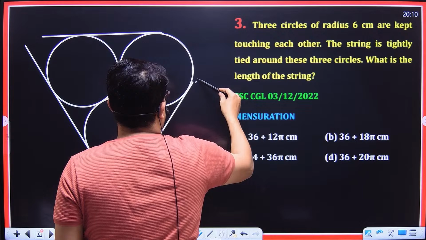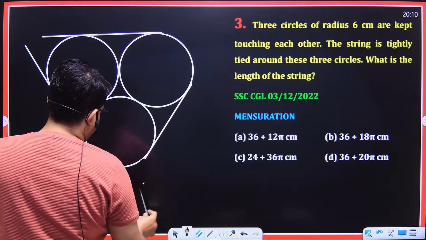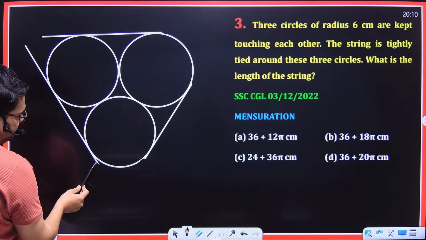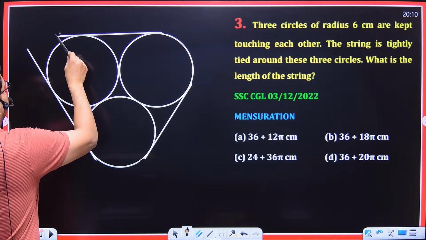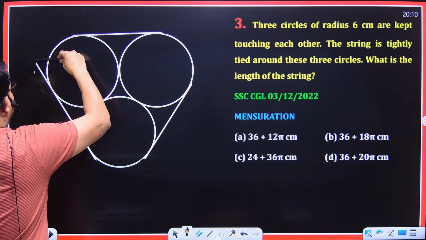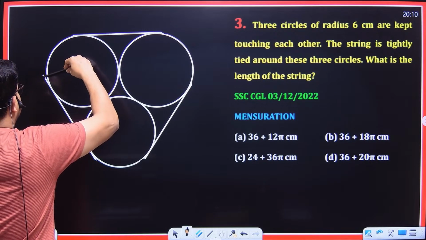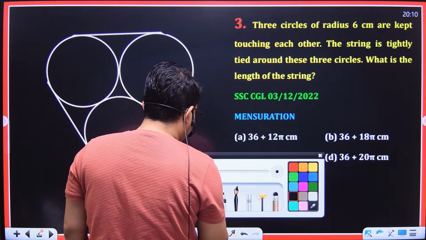This one is our string. This string is wound around these three circles. We have to calculate the length of this string. So the length of this string is equal to